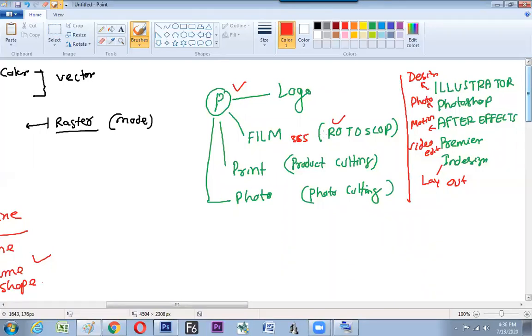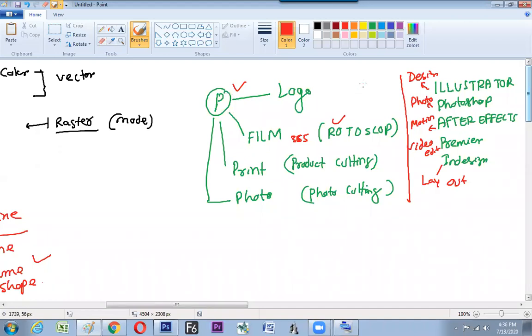This is one of the bigger applications of the pen tool. Except for that, special effects and all such things are done through the rotoscope to extract the subject from the video, and they change the background and all things. So this is a bigger application of film processing in the pen tool.